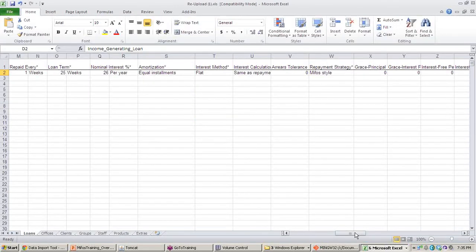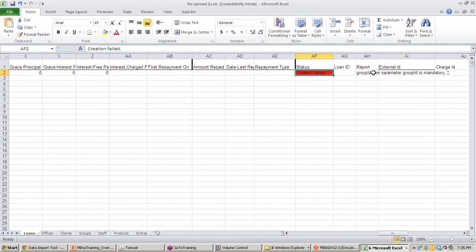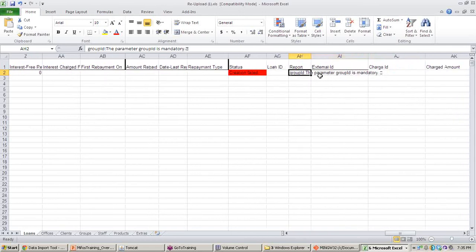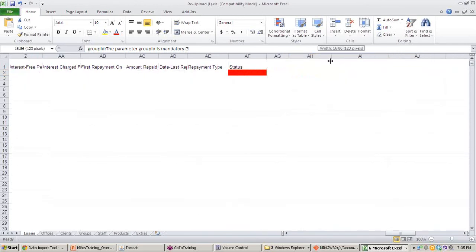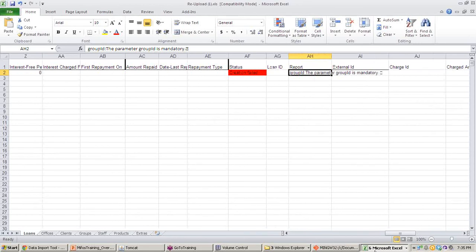Status: creation failed. I think there is a problem with the group ID. For that group we didn't mention the group ID here. We can do it again.